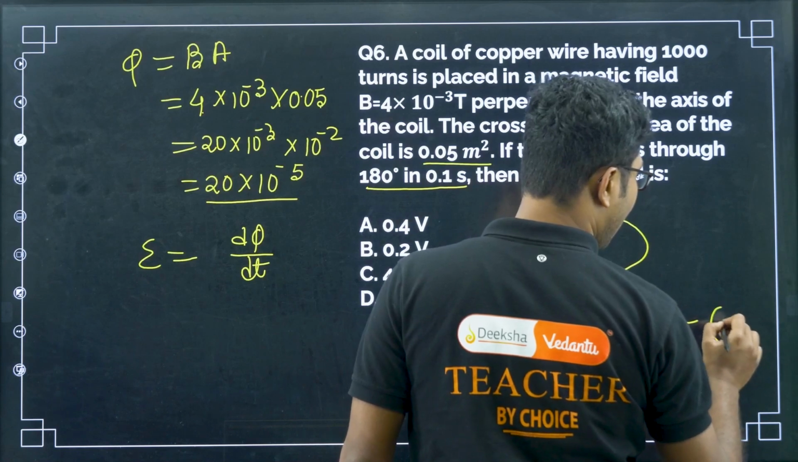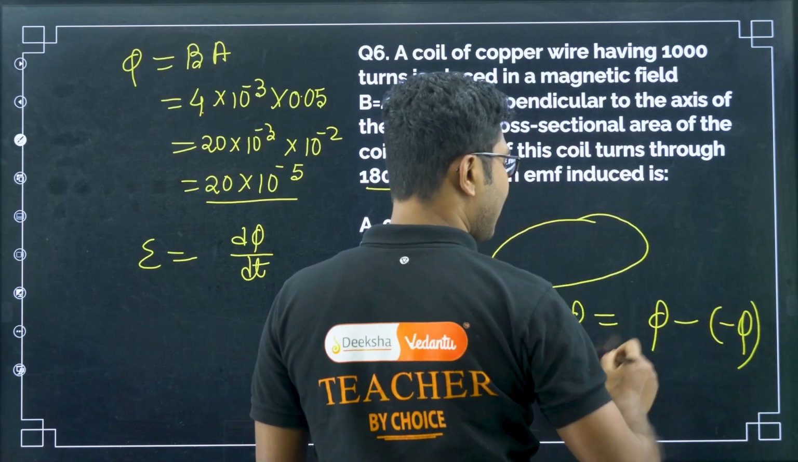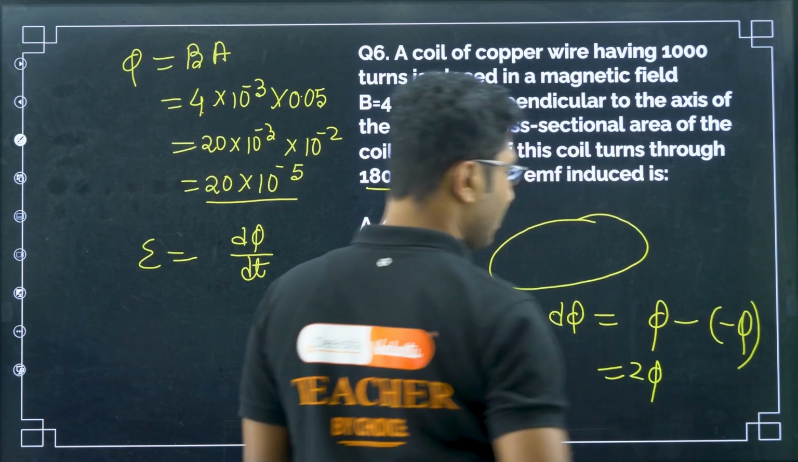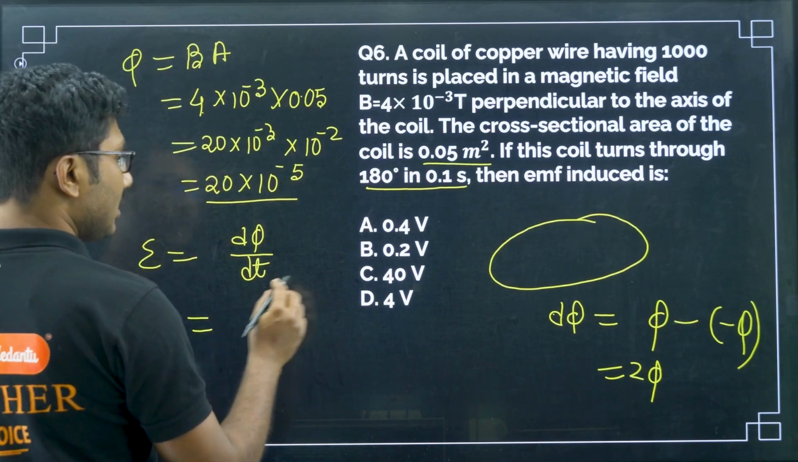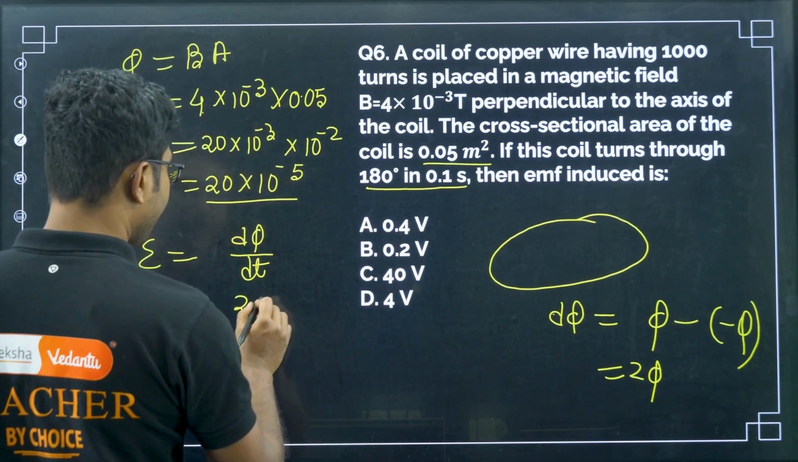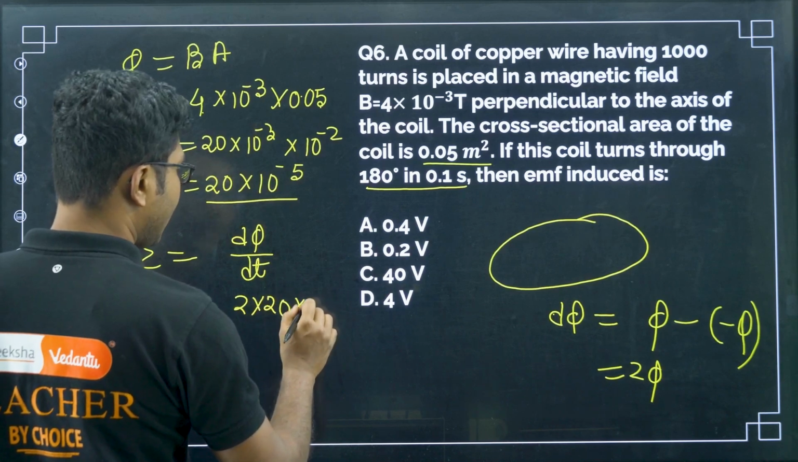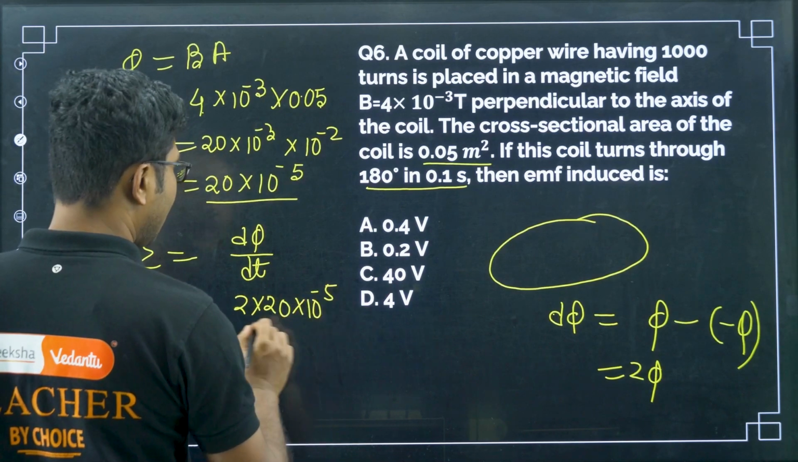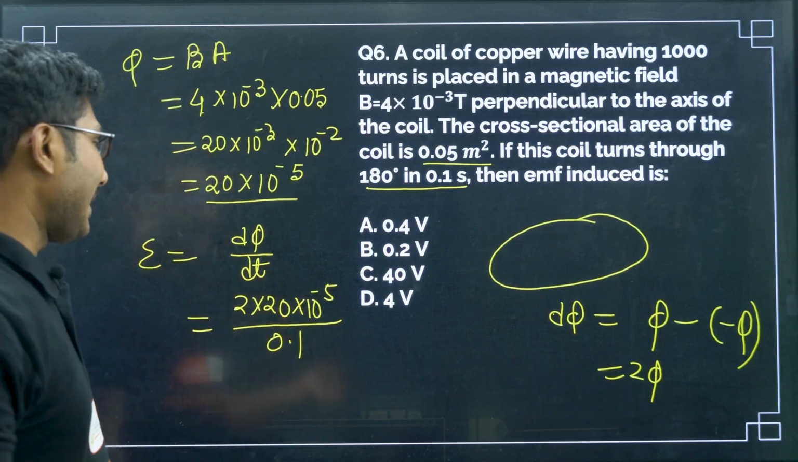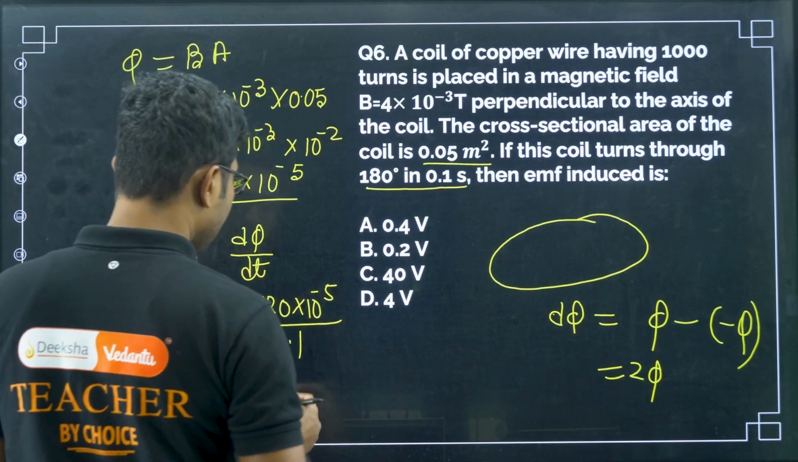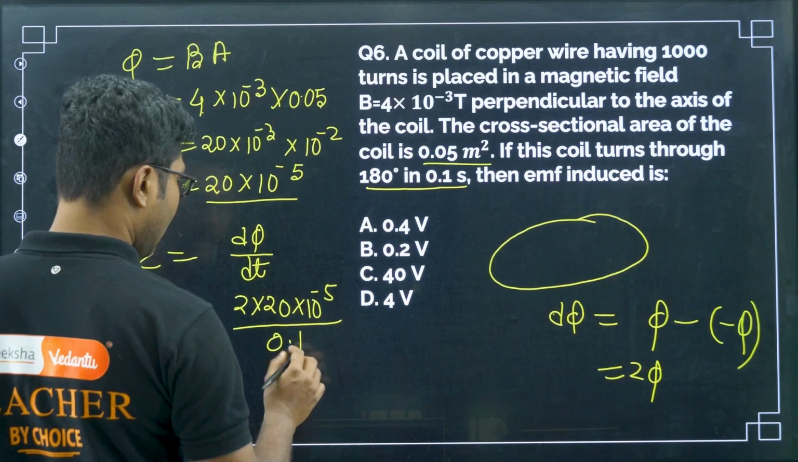So, change in flux is phi minus minus phi, that is 2 phi. Okay, this is very very important. So, what is d phi by dt? d phi will be 2 times 20 times 10 to the power of minus 5 divided by dt. Time is 0.1. So, 0.1 is the time, right. So, it will be 40